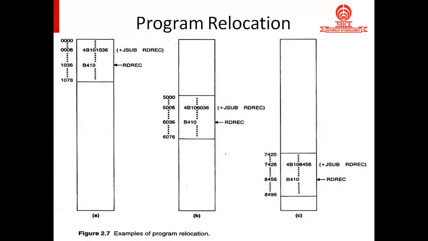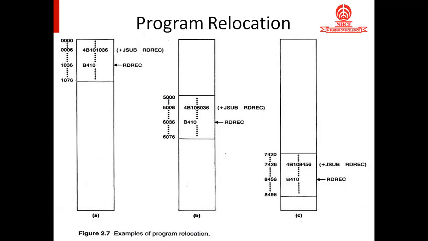Last class, I was discussing the machine dependent features, and one of the features was instruction format and addressing mode. In detail, we discussed it with problems. The second topic would be program relocation. I have given the introduction about program relocation. What is program relocation, and how is it going to affect the program object code? That is what exactly we are going to see now.